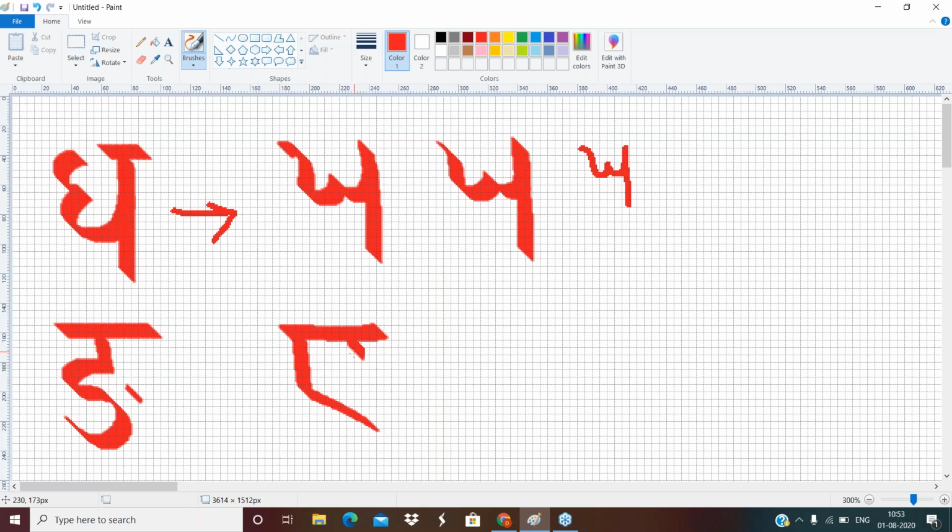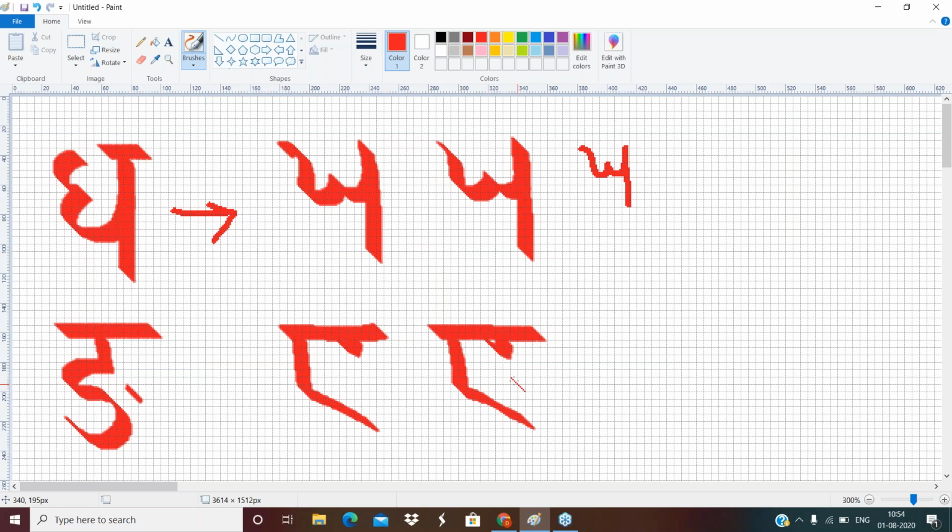And then make a triangle here. This becomes Na. So I will draw once again: here, slant directly with the corner edge. This is the corner, and then here just put a triangle like this. This becomes Na.